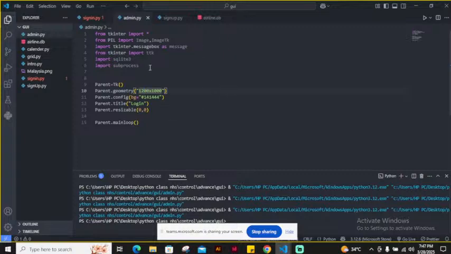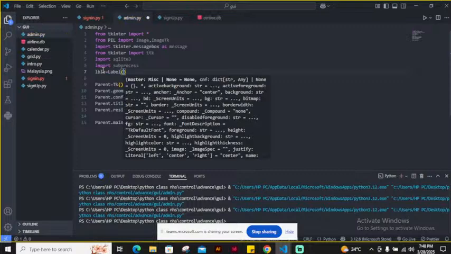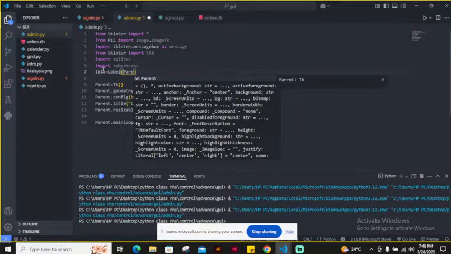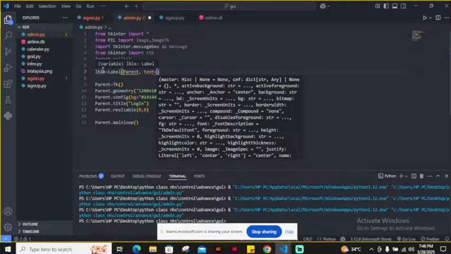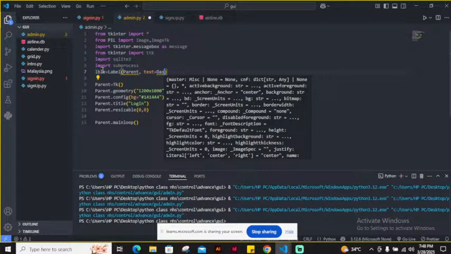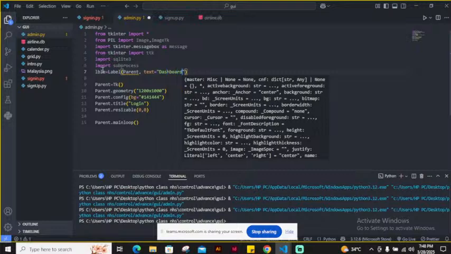So just place something there. Place a label here so that we know that this is the admin dashboard. Label equals to Label. Our parent is parent, our master is parent. So the text is going to be dashboard. Make it a dashboard, in quotes. Then the next thing I'm going to pass in here